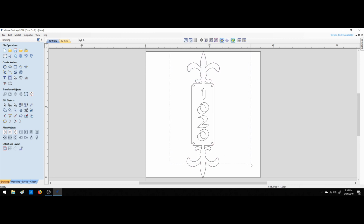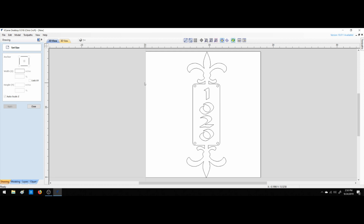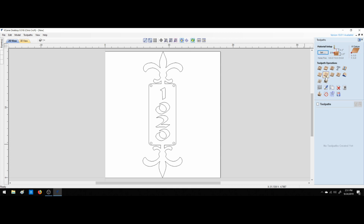Now we need to readjust this. Go back in here and go 18 inches. There. And that's what our piece looks like. All readjusted. Let's center this on the workpiece, and there you go. That's how you can do that. Then for me, what I would do for this is I would go over to tool pathing,